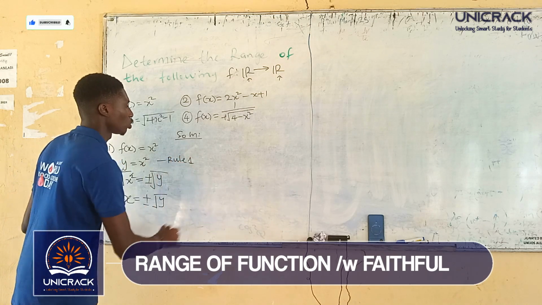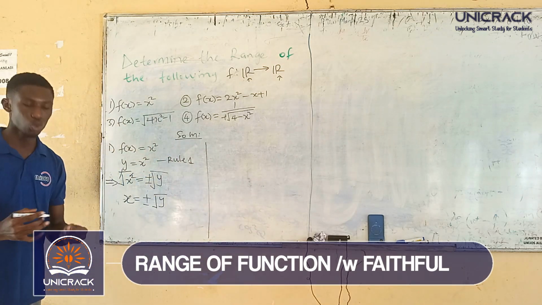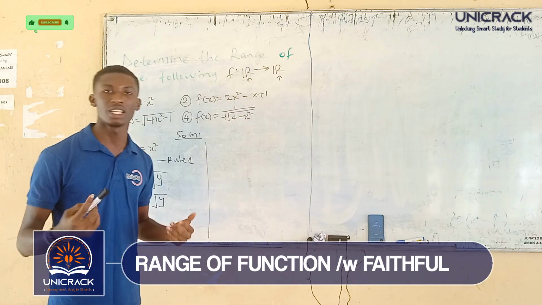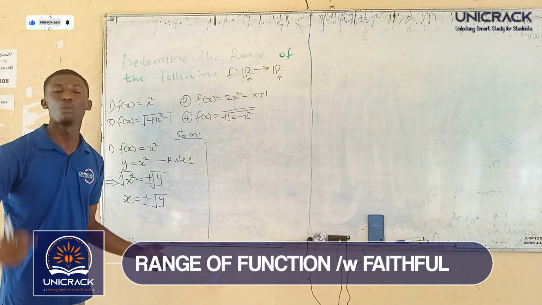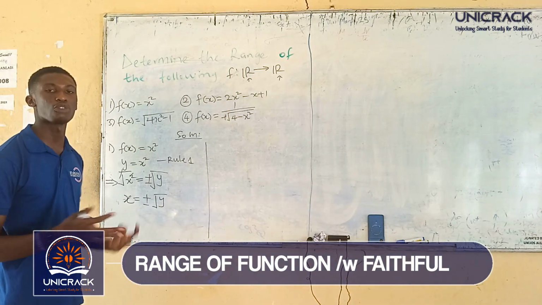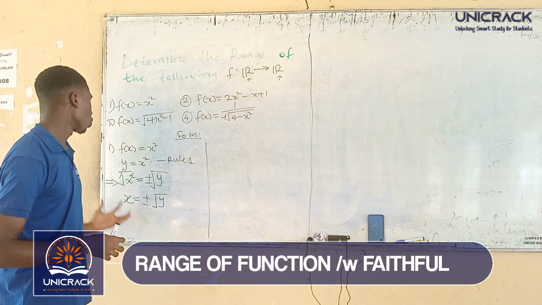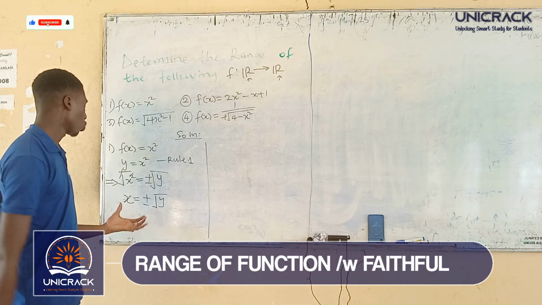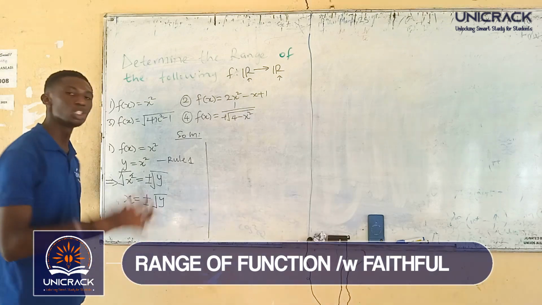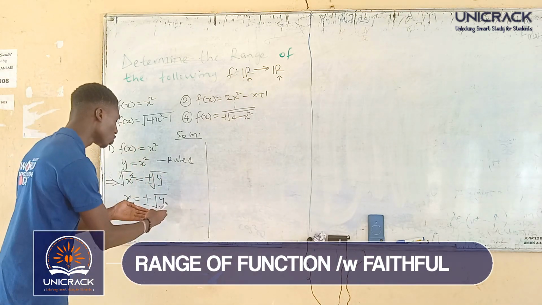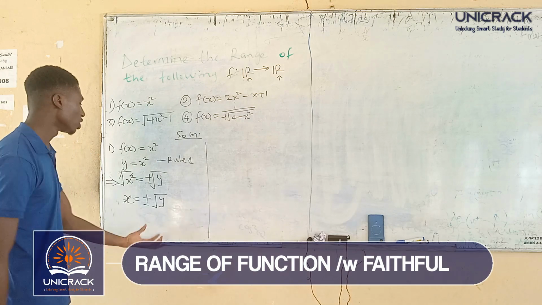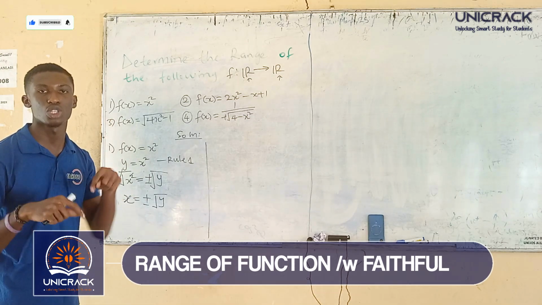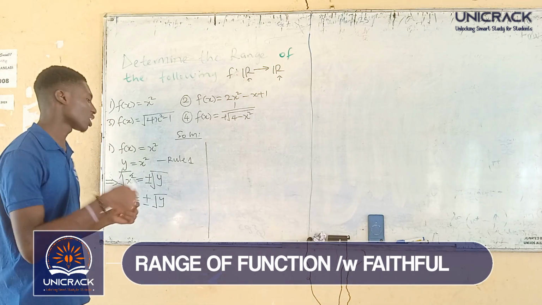So since we have found rule number one, rule number two says find the domain of the function. Now why I say find the domain, yes, I know we are looking for the range of the function, but if you go to the video about the rules for finding the domain of a function, you will see that I've already given out the rules. So finding the domain of the function simply means the knowledge you have about domain, you will use it here to find your range. In this case, we are finding for y. That's why we say the range are the actual outputs, in brackets the y values that a function